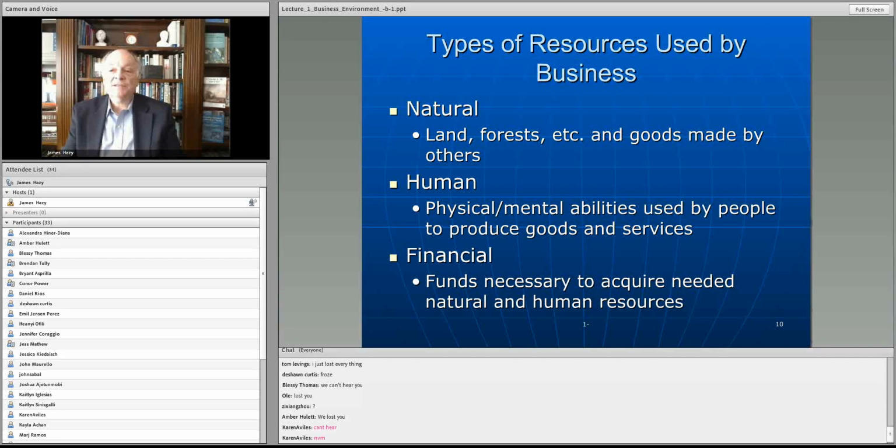Natural resources, that is your land, forest, products, goods made by others. If you're a car manufacturer, you have suppliers that make the brakes, the electronic systems, the upholstery, the engines, all those various parts. But you also have the rubber that makes the tires, or plastics that make the tires that come from natural gas or from petroleum. Those are all the natural resources. So you have physical resources, if you will, that the organization processes. When you think about it, they're scattered all over the country. There's water, there's coal, there's different minerals.